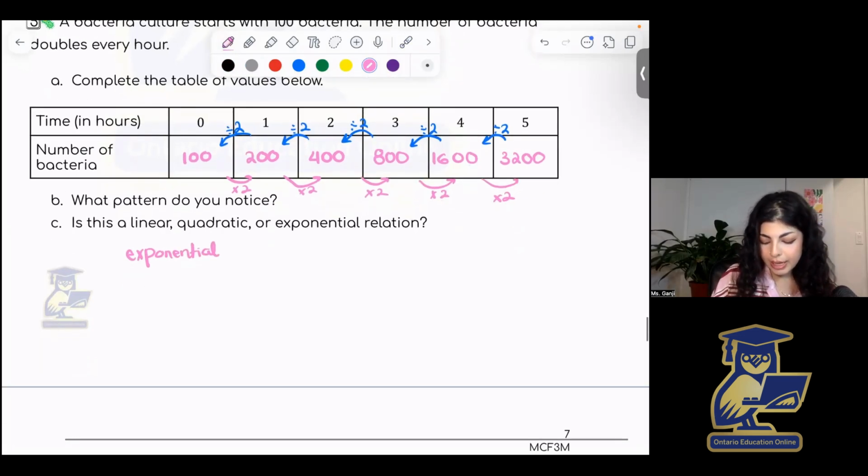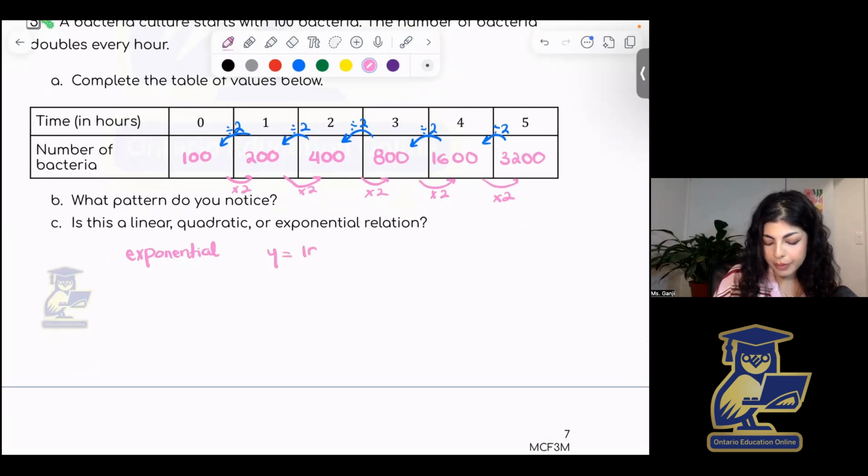And actually, it will be of the form 100 times 2 to the power of x, perhaps t because we're working with time. And you can double check this for yourself. At time 0, this is just 1, so we have 100 bacteria. After 1 hour, we have 1 doubling, which is 200. After 2 hours, we've doubled twice, which means 2 to the power of 2 is 4, and 4 times 100